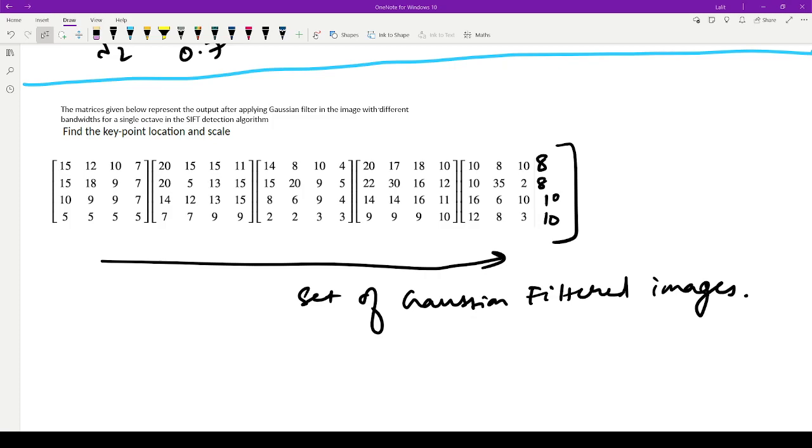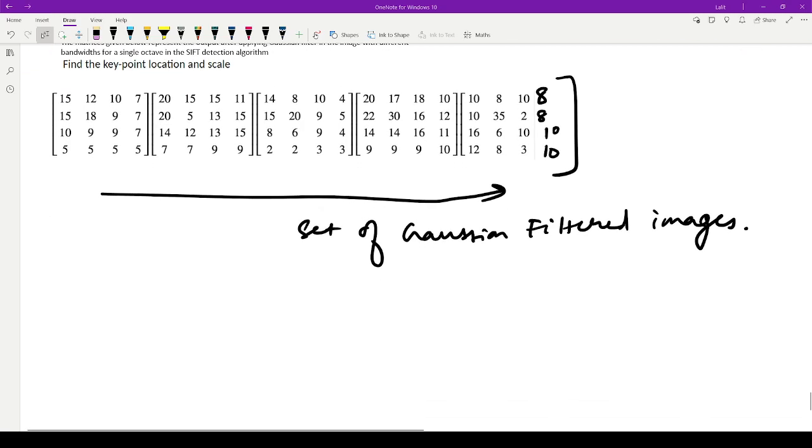So this is the first part of SIFT where you need to find the key point location as well as the scale, the appropriate scale at which you want to work on. How is it that you do? Anyone? So